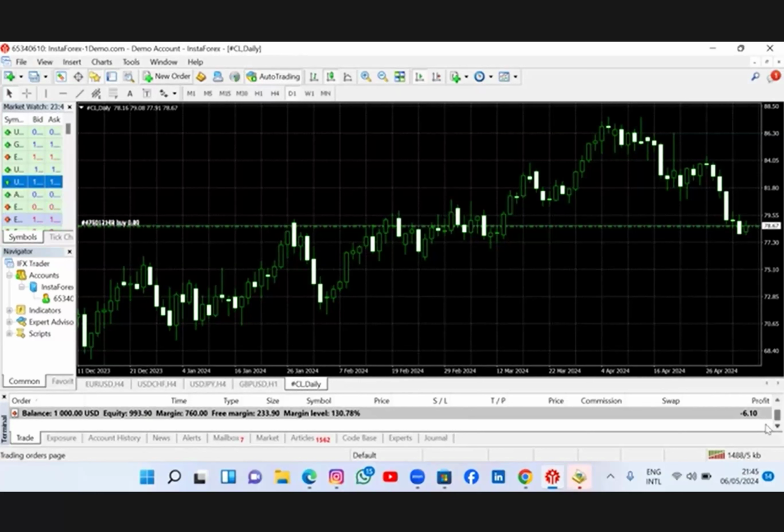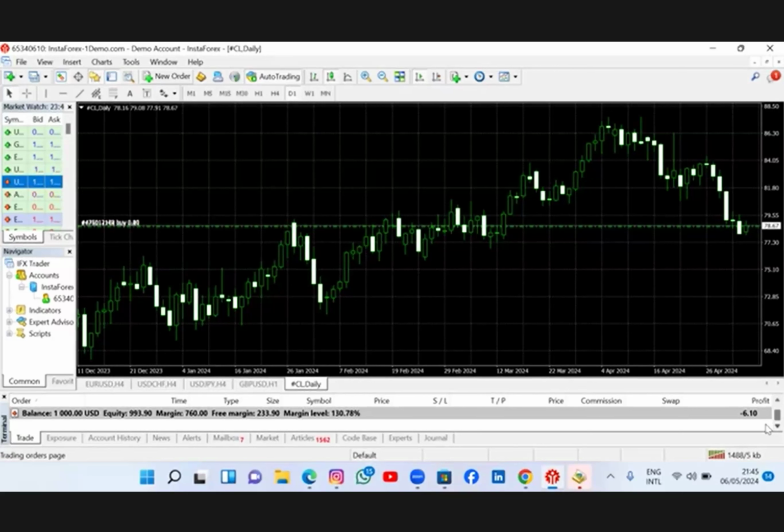So if you are a high risk trader, that's where you see people keep opening more positions. If the market should move in their favor, they will double their account. They can tell you that they became rich and made a lot of money. Sometimes they can't even explain how they made the money. It's because they're taking a high risk. They are using almost all the money to trade. But let me tell you something.